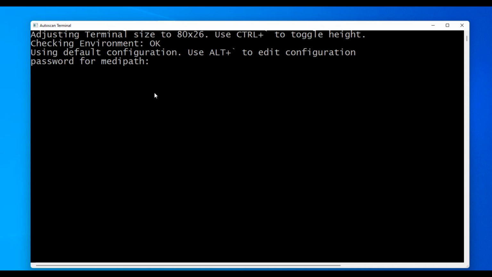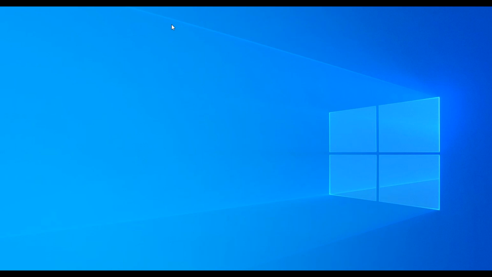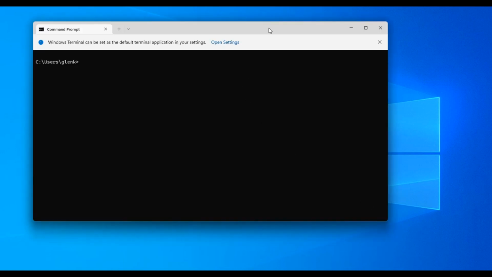Now the password for MediPath, the first problem you're going to discover is that with SSH, you can't have a blank password. So in MediPath, you're probably traditionally used to having the MediPath Linux user automatically log in, but in SSH that does not work. So all we get is we lose the screen. So what we'd like to do is instead use Telnet to log into MediPath and set a temporary password. Now there is a different way to do it instead of setting a temporary password, but we'll give that example later on. So for right now, we'll Telnet to MediPath_sim,